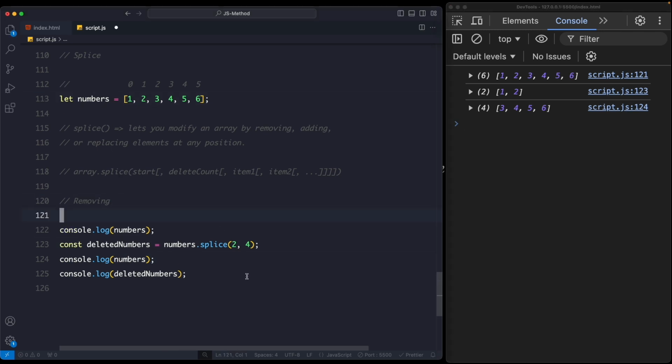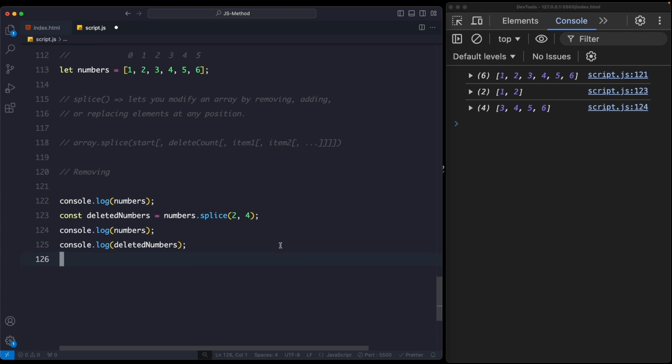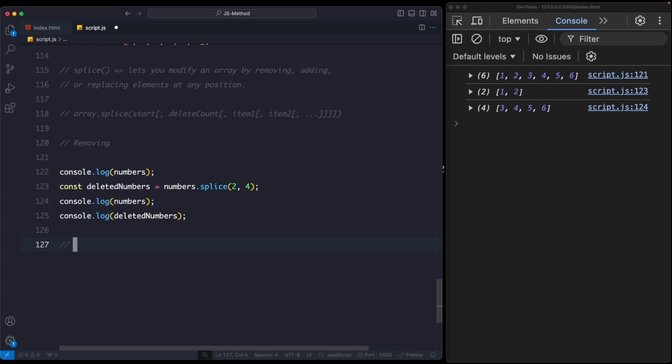So this is how you remove. Now if you want to replace some item, here you can also do that. So here I'm going to write, first of all, let's say adding. If I want to add some item, here I can simply say const added equals to numbers dot